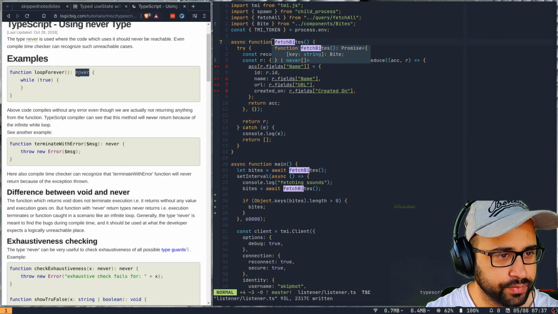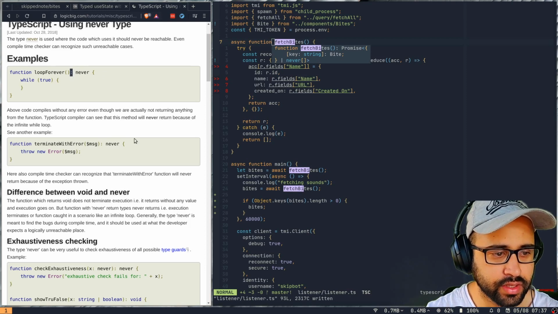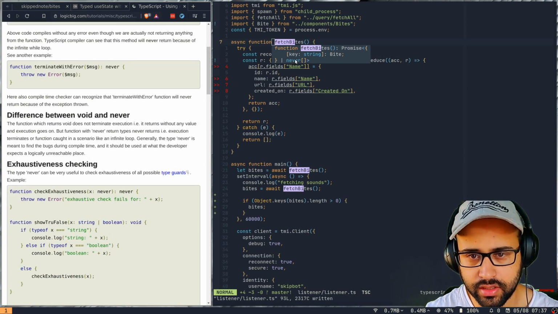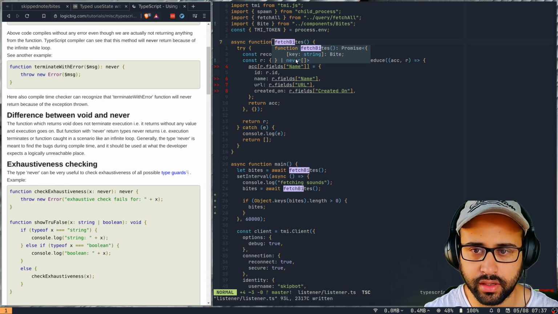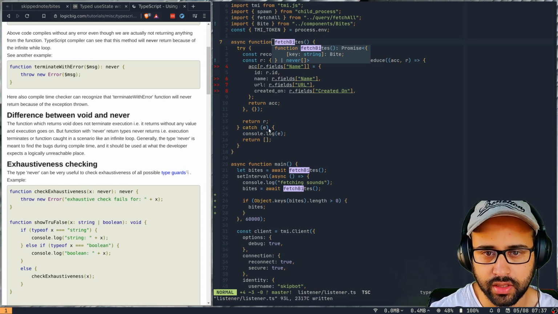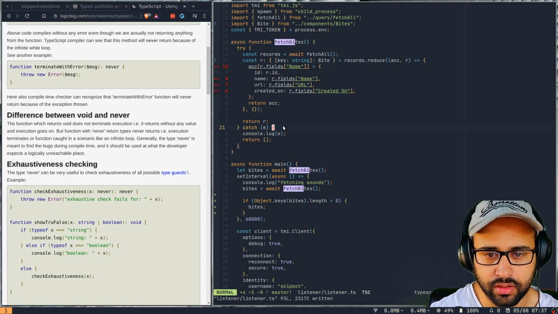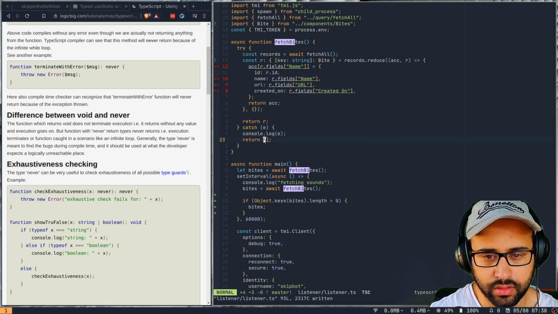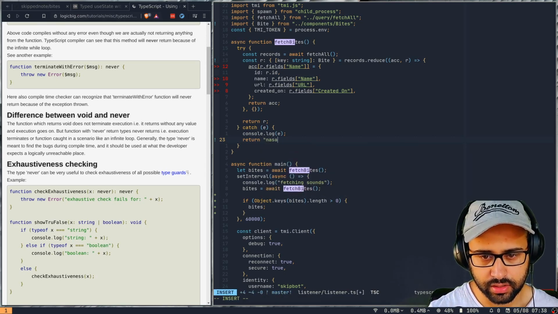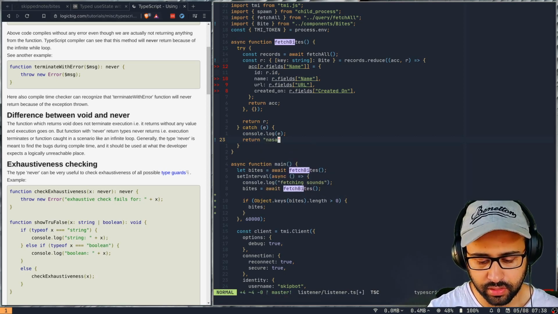Okay, so this function never returns, so that is fine. And then this returns never an array, right? So you have to check, like, how do we check for that situation is what I'm wondering. We are doing a try catch, so what if I return a string here? Is it coming from this bit?